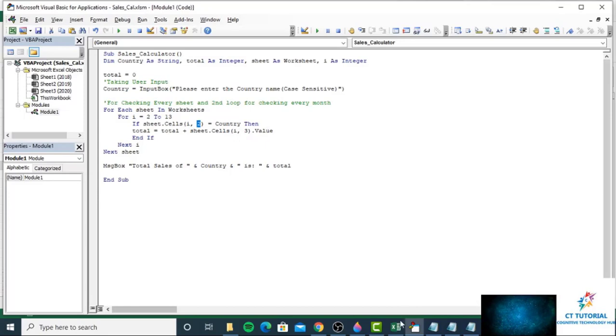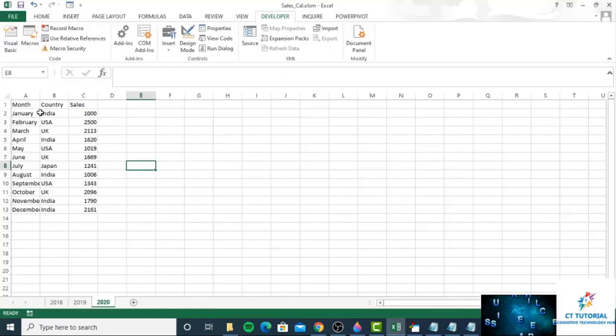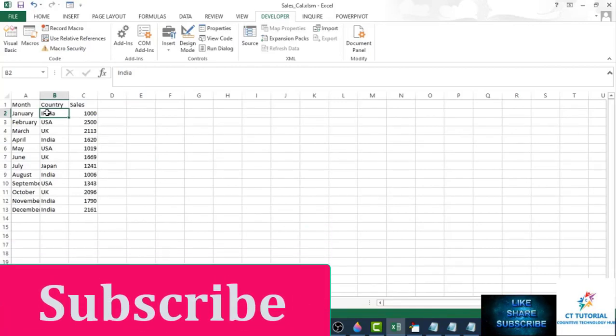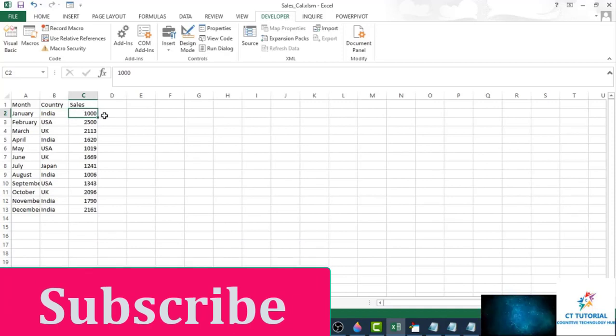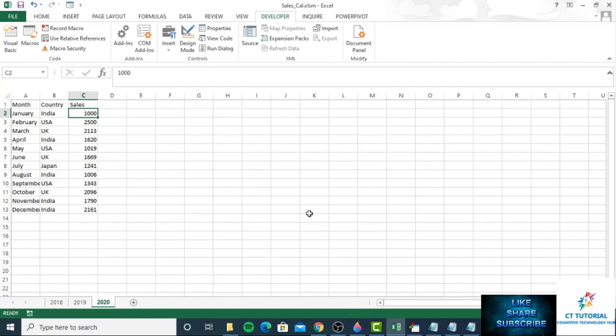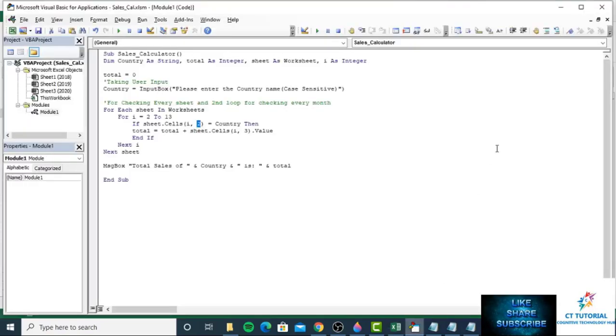That means if in column B the inputted country is present, then it will take the column C value and store it in the total variable.